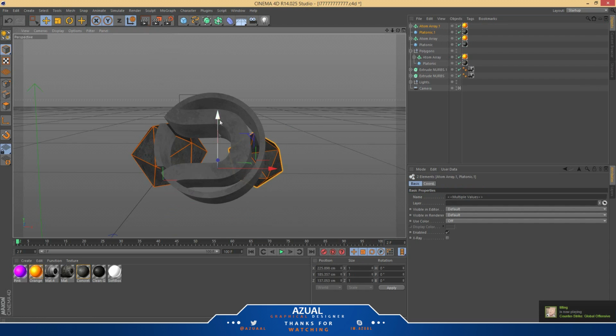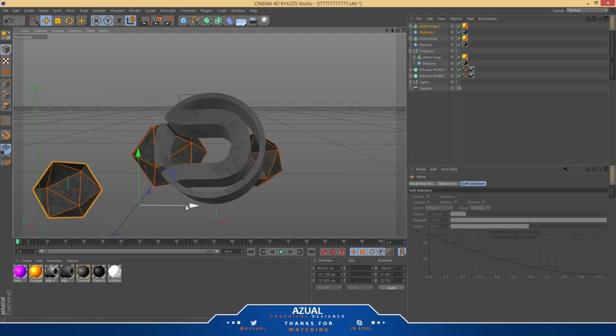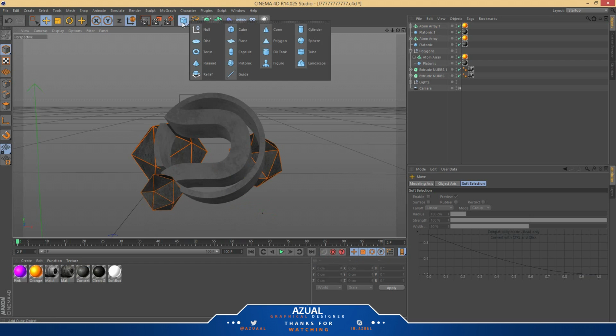For now, anyways. We'll move it here. Rotate it. So. Get a little bit weird, but it's okay. Make it a lot smaller. Okay. Pretty good. About there. Okay, and now, before we move on, I'm just going to make a landscape by going to the